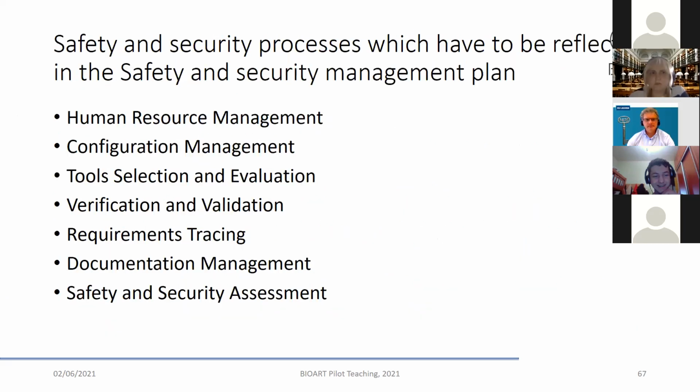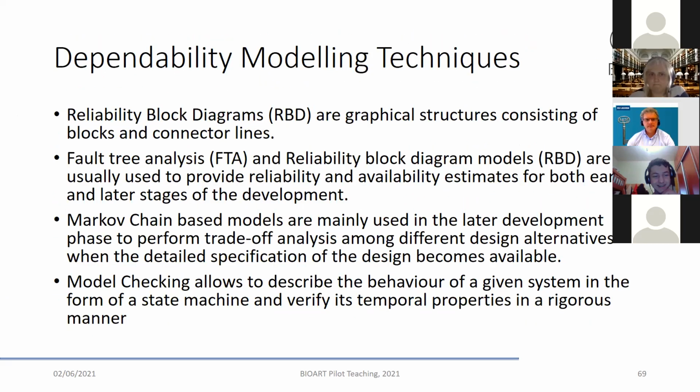Just to finalize for you, for further, maybe if you are interested and looking at what you could further do for your work in your project thesis, your master thesis, your bachelor thesis: what techniques you can use for assessing dependability and modeling dependability. For this purpose, you can use these techniques which are now depicted on the slides.